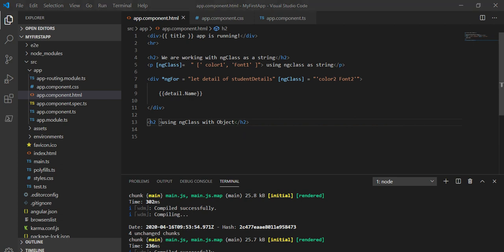Save it. So let's give ngClass as an object on the h2 only. ngClass equal to, so for giving as an object we have to give in double quotes and then curly braces, and inside these curly braces we will take the class name. So I will take color 1,